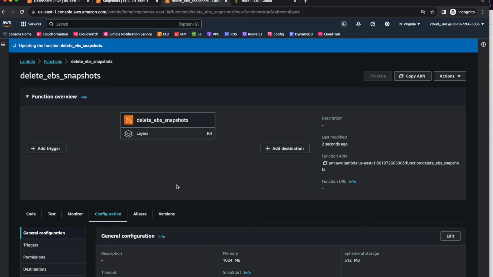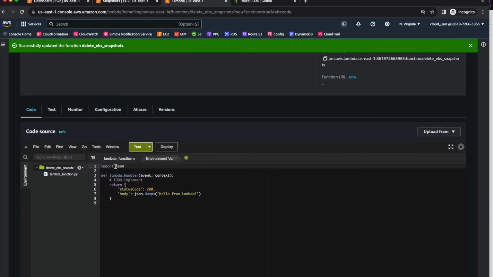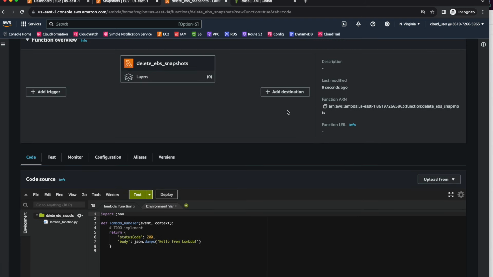So that's being the Lambda thing. But again, the next question comes is, okay, I have this EBS snapshot cleanup thing, but it's a regular activity, right? So how would I say that I want it to get triggered, say every 10 minutes or every 15 minutes? I need to trigger this